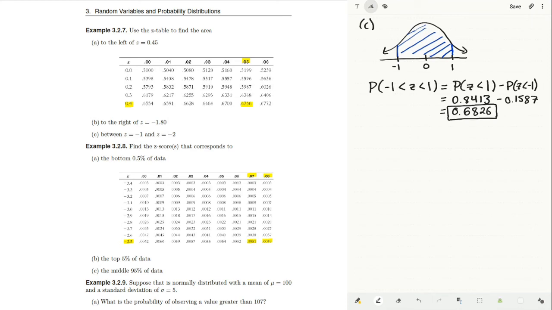Now this area should sound somewhat familiar to you. Recall from the empirical rule, we know that approximately 68% of data falls within one standard deviation of the mean. More precisely, 68.26% of data falls within one standard deviation of the mean. And so the z-table can provide us slightly better estimates for the area under the normal distribution than the empirical